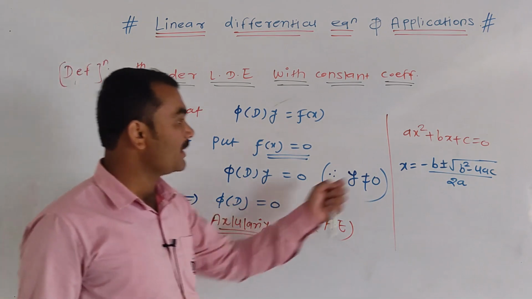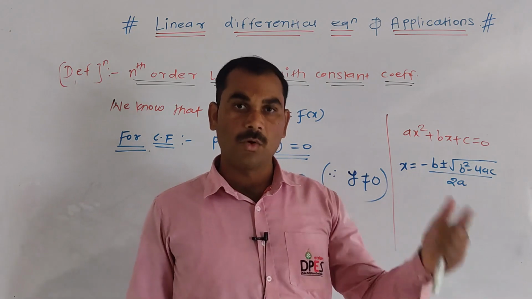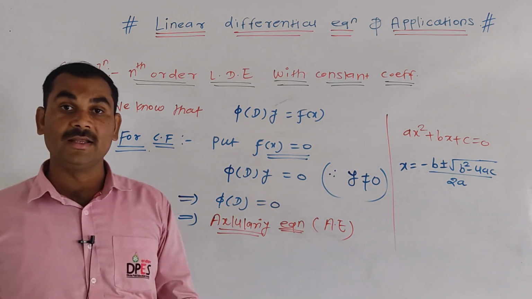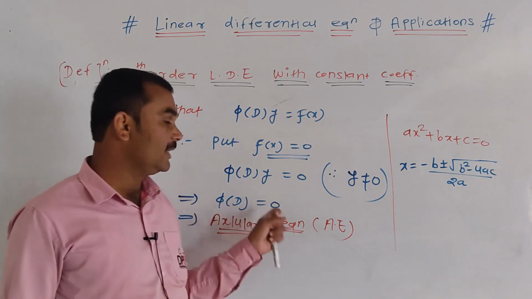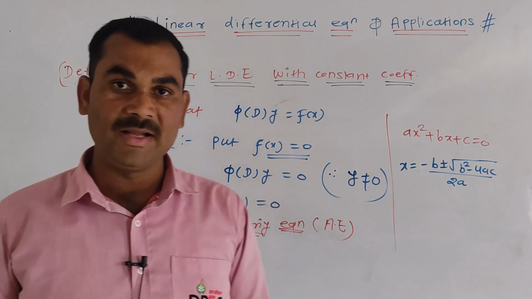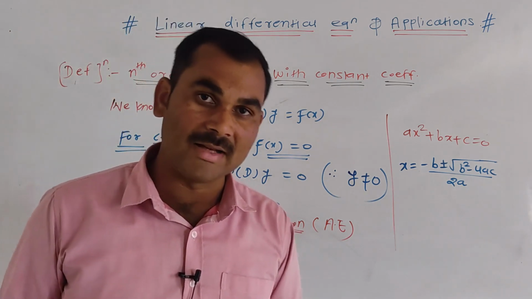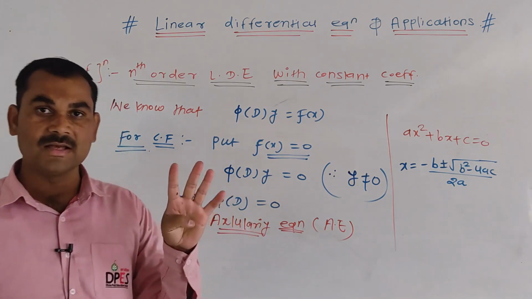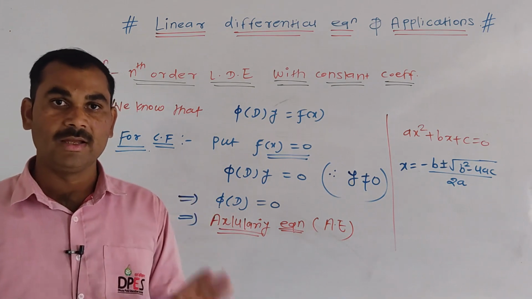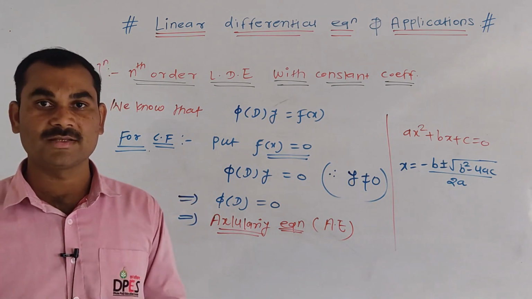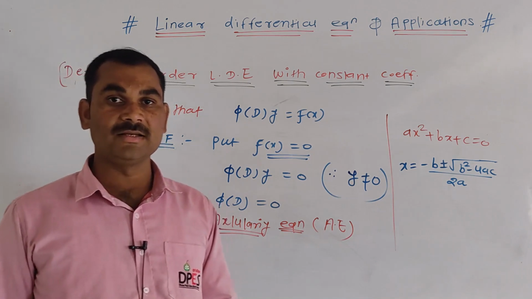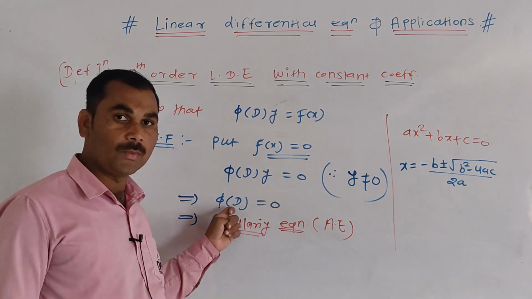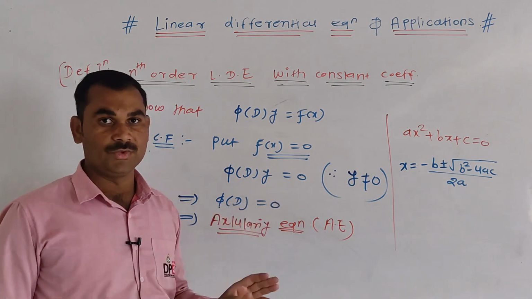Similarly here, suppose you have a quadratic equation, a third degree equation, or a fourth degree equation in D. Find roots of all the equations, then we have to write CF directly, depending upon the nature of the roots. In the next lecture we will discuss the cases. There are 4 cases for writing CF, and this CF totally depends upon the nature of the roots. First we have to find roots of that equation, that is phi of D is equal to 0.